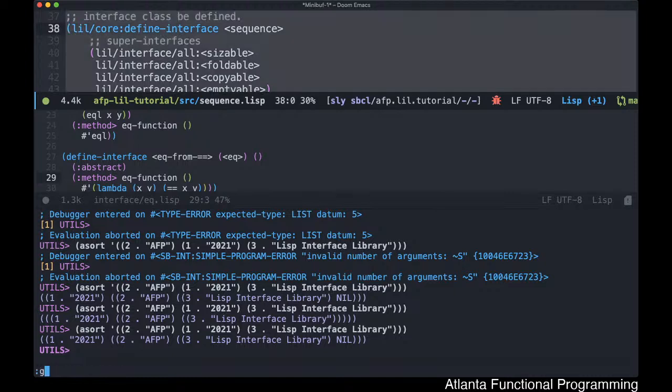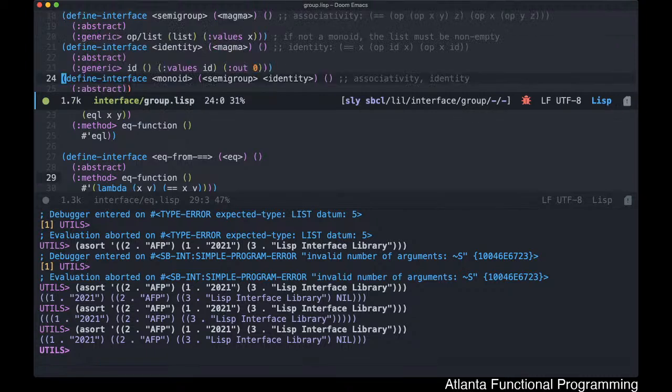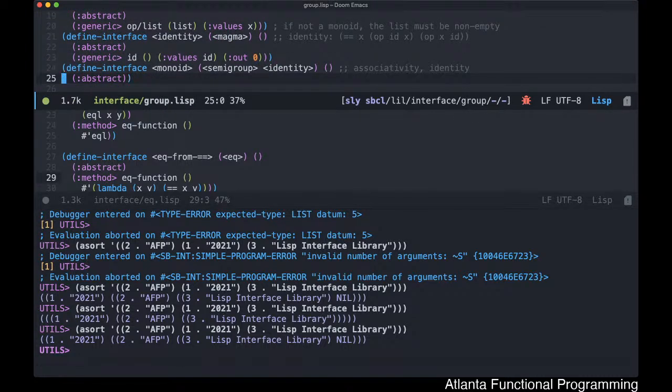Actually, I think group is probably a better one. Okay. So when we're defining our abstract interfaces, sometimes we will provide generic operations upon which we specify a number of inputs and a number of outputs. In this case, ID only takes one input, which is the interface value, and will return one output,